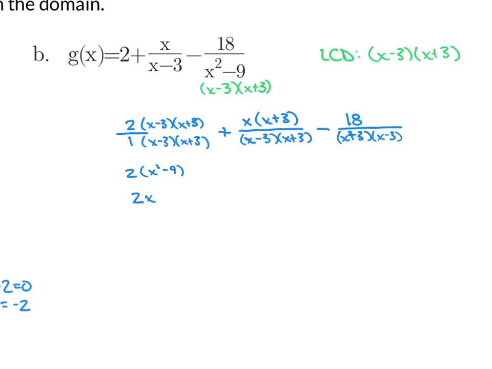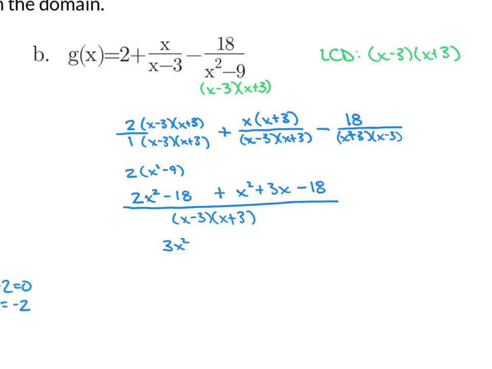So we get 2x squared minus 18 plus x squared plus 3x minus 18, all of that over x minus 3, x plus 3. Okay, we finished simplifying, so we get 3x squared plus 3x minus 36